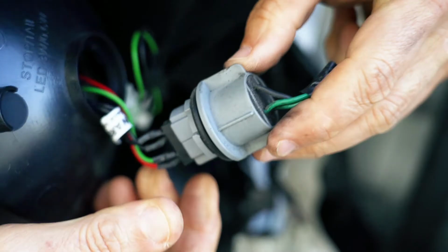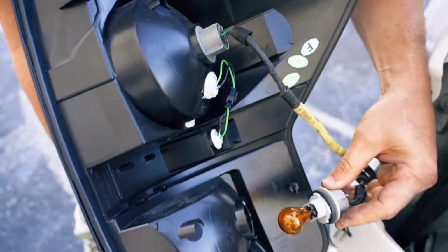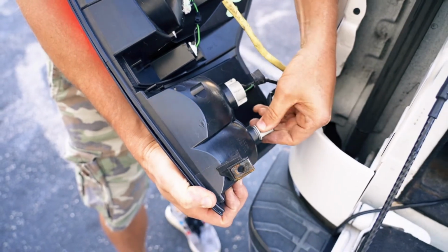Please make sure the factory socket is locked into the RECON taillight securely to ensure that the light remains sealed. Once the 3 OEM connectors are locked into place, you are now ready to reinstall the taillight by pressing the